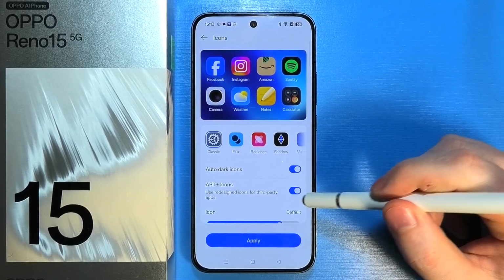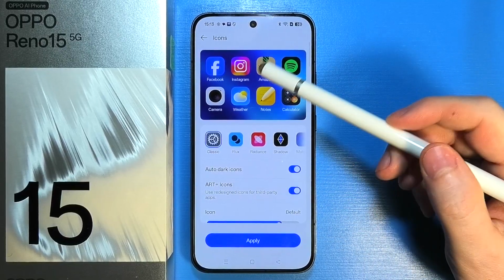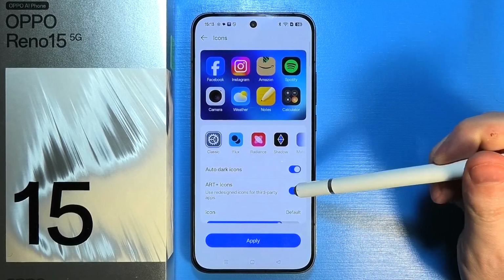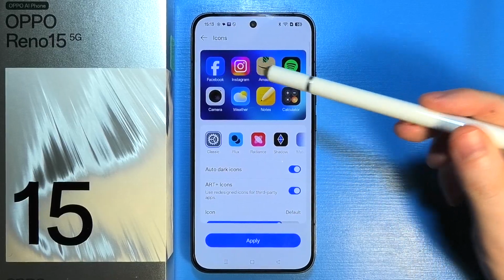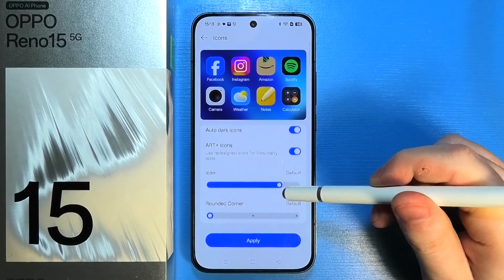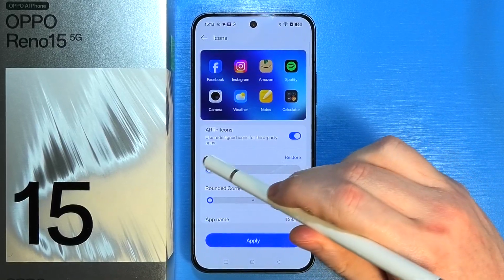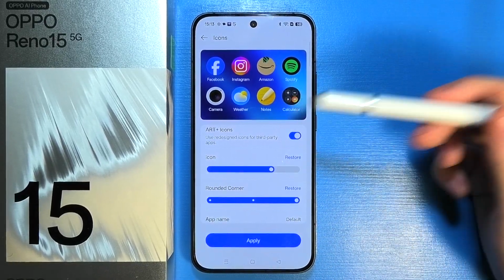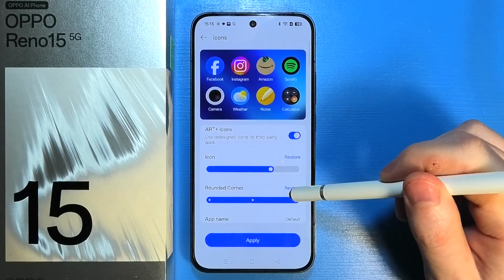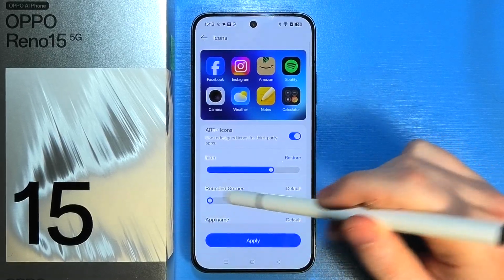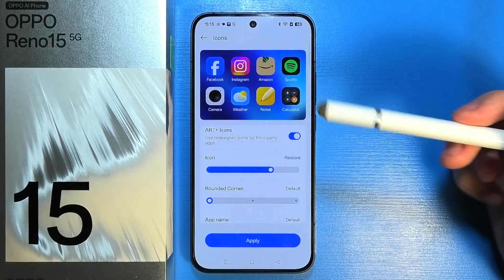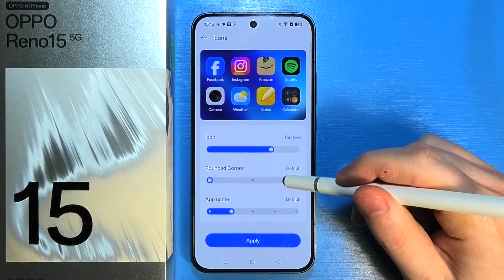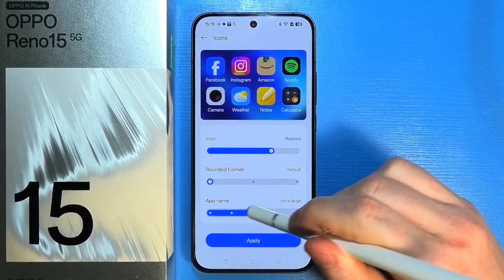Then there's the art plus icons, so as you can see, it changes a few of the apps to the specific more vibrant type of icons. We can then change the size of them, adjust the rounded corners. If you want the full rounded apps, then you can go all the way right here, or you can make it more like a square if you move it to the left,